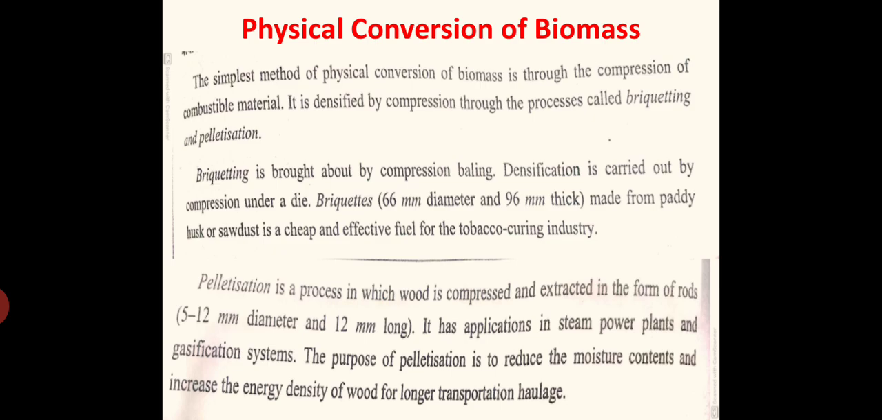Densification is carried out by compression under a die. Briquettes usually will be of 66 mm diameter and 96 mm thick, made from paddy husk and sawdust in a cheap and effective fuel for tobacco curing industry. So from these two we will be mainly producing the briquettes, that is from sawdust and